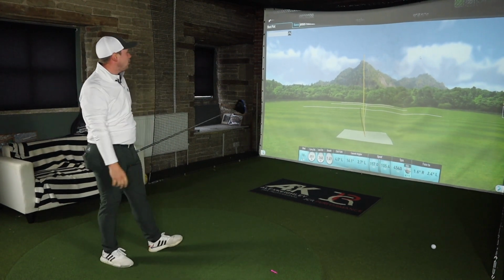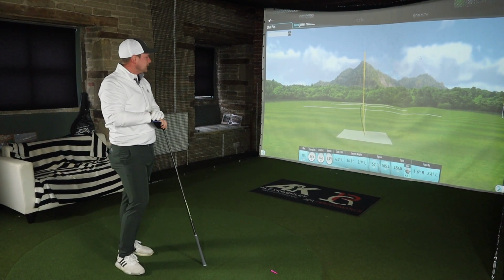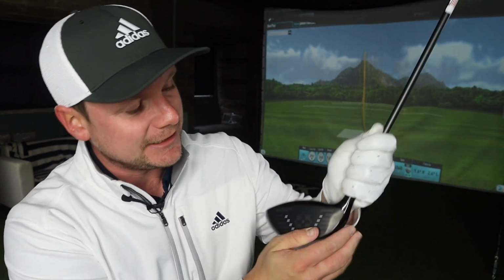Healy, and it's just lost everything again. Ugh. That would frustrate me on a golf course. I mean, the swing was terrible, and I've hit it like there. But